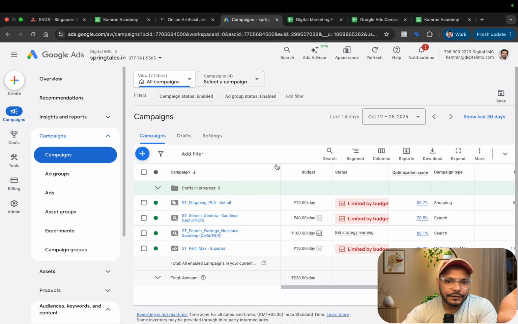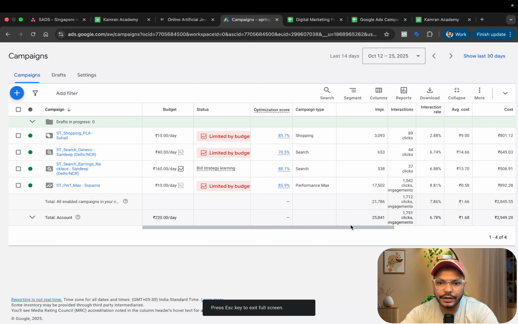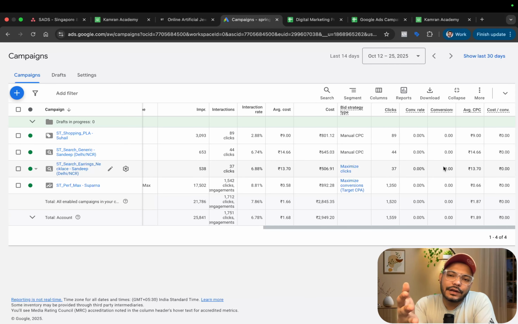The account has been running for the last 2 weeks now, and in the last 2 weeks, which is 14 days, we have not generated any single conversion. Initially, when we started the account, it took a while to generate impressions, then again it took a while to generate clicks, and now we are at a stage where the campaigns are generating impressions and clicks, but people are not converting, people are not purchasing the products, which is something